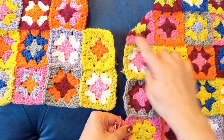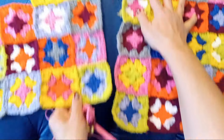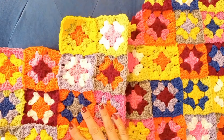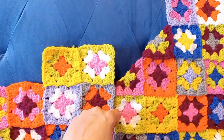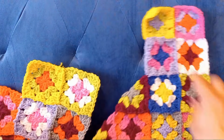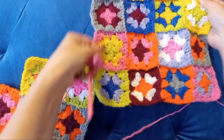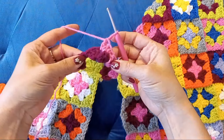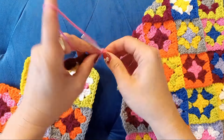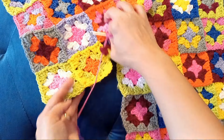Okay, so we are doing this part over here. Here is the bottom, here is the top. We are at this point, and then we'll have 1 more triangle up and 2 rows of just squares, and you can extend that bottom as long as you want. So here I am at the corner, chain 1 before we start the next cluster,